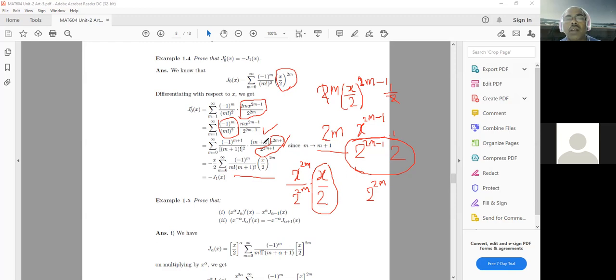Here m plus 1 divided by m plus 1 factorial square. So one of the factors vanishes with this here, and this m plus 1 factorial becomes m factorial, and we write the rest of the m plus 1 factorial as it is here. So this summation starts with this minus sign, right? And therefore, what is this now? This is just a Bessel function of order 1, and therefore J0 dash x, the derivative of this, is nothing but minus of J1 x.